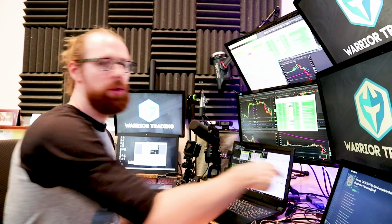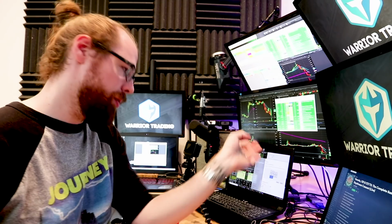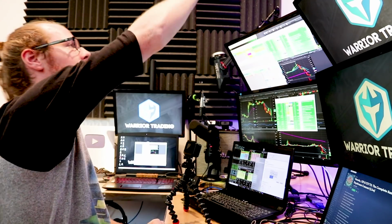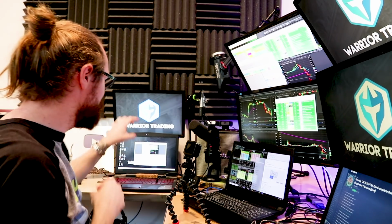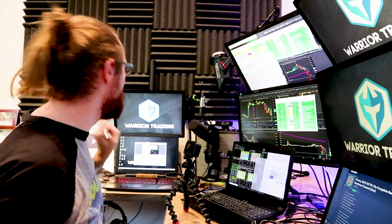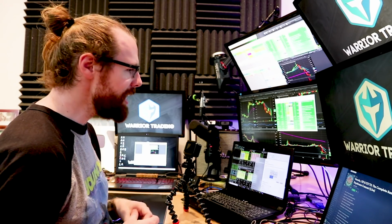So this goes in between the HDMI cable. So the HDMI cable comes out of the computer, goes into that device, and then it goes through the device and to this monitor. Another cable comes out and goes to this computer, and it's now captured everything that was going through to that monitor. So now everything on that monitor is coming into this computer, and then I just broadcast it out from there. So that's the way that a lot of gamers will do their broadcasting on Twitch, and it's the same thing that I'm using right here. So that gets the